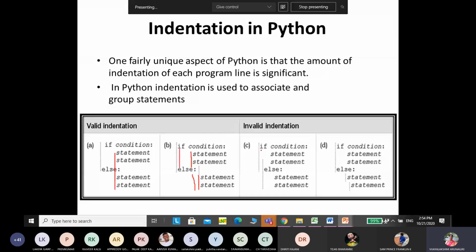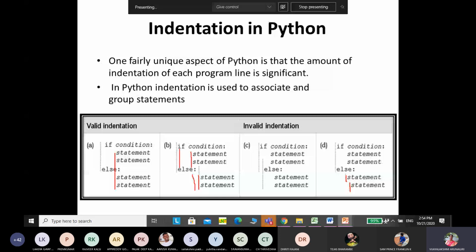Now, what is called an invalid indentation? Here you see that I started here, and there is one space difference, so it's invalid. Why is it invalid? In else, I told you, all the statements in else should be in the same column. All the statements in true also in the same column. Here, in the else statement, one statement is in one column, another statement in another column, so it will show the error. So be very, very careful about the indentation.